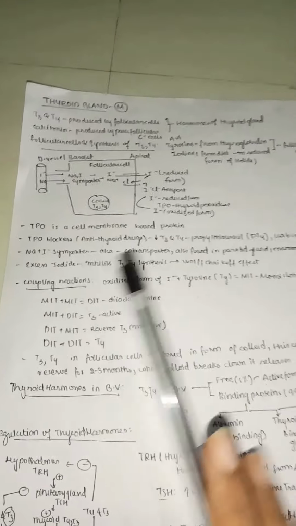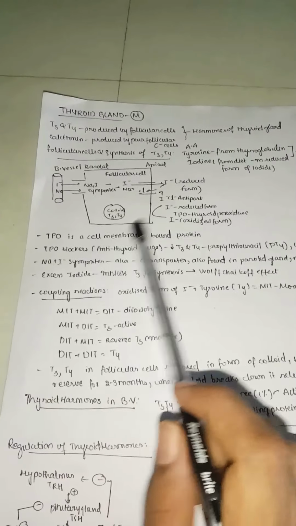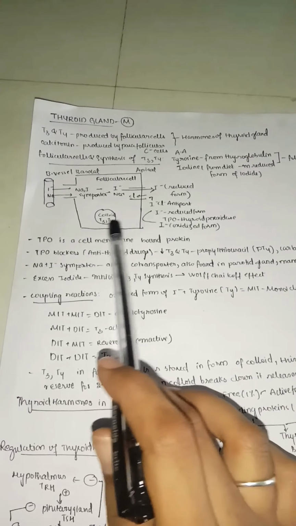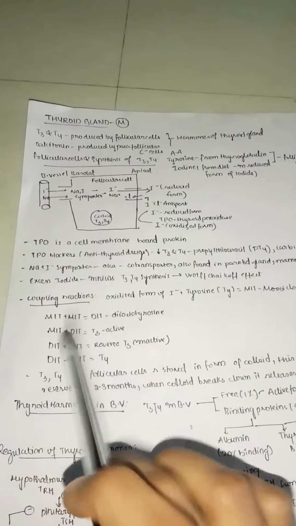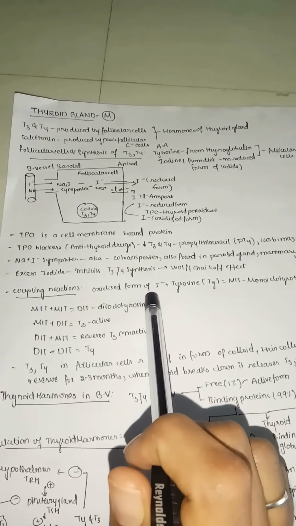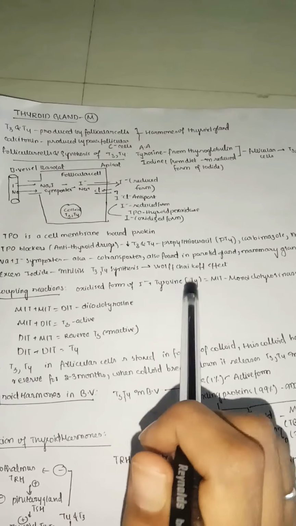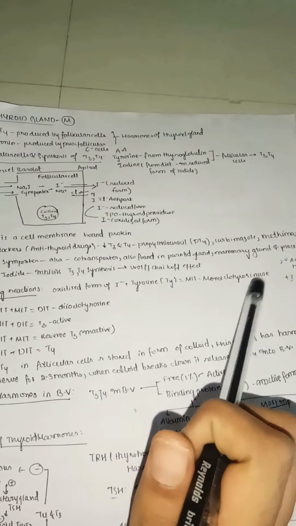Now let us come back to this diagram. We have said we have got all these ingredients. We have now converted the iodide from the diet into oxidized form. With all these ingredients, how are T3 and T4 mainly forming? This is the main process, the coupling reactions. Here the oxidized form of iodide and the tyrosine, which is coming from the thyroglobulin, an amino acid, both bind together and form